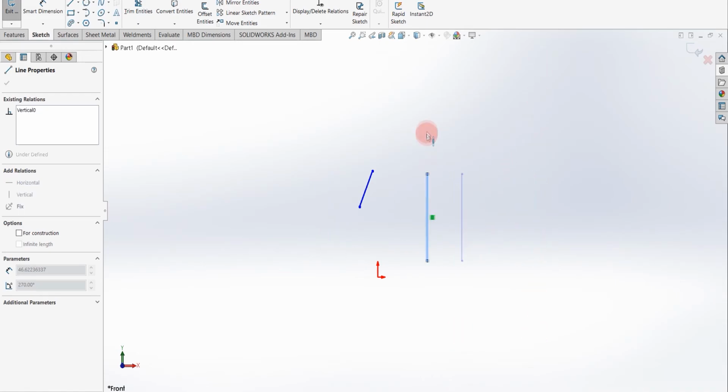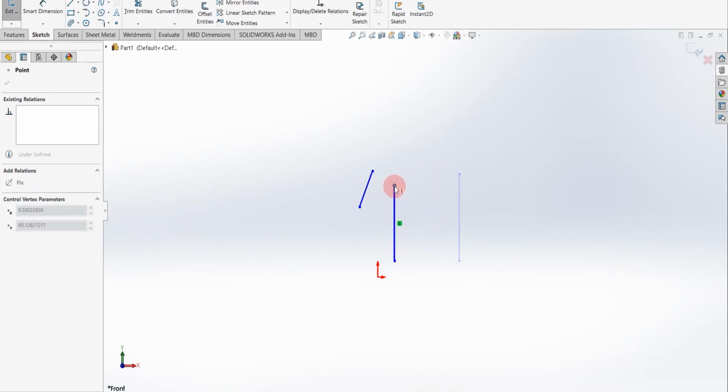I cannot make an angle with it. I can change its length, but I cannot make the line inclined to the y-axis. So this line will always remain vertical.